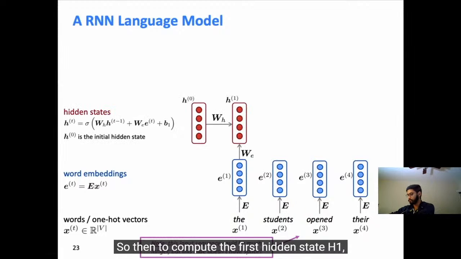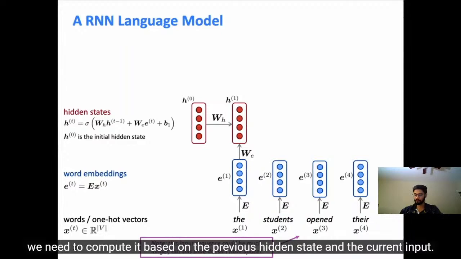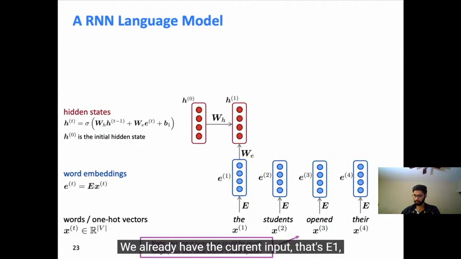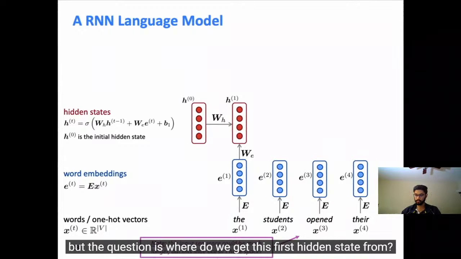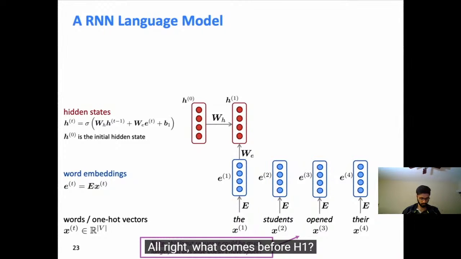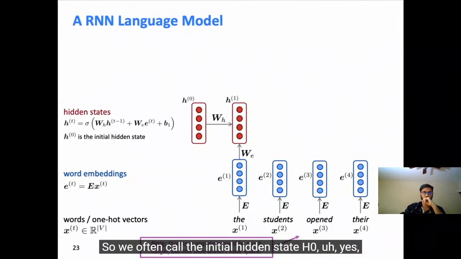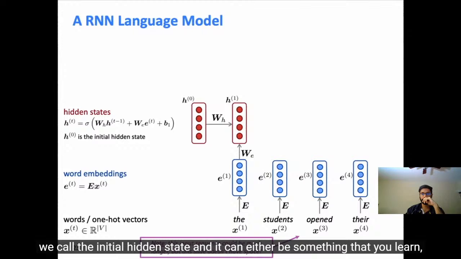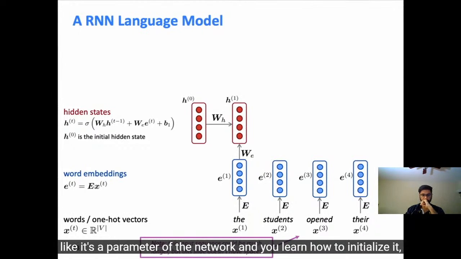So then to compute the first hidden state, H1, we need to compute it based on the previous hidden state and the current input. We already have the current input, that's E1, but the question is, where do we get this first hidden state from, right? What comes before H1? So we often call the initial hidden state H0. We call it the initial hidden state, and it can either be something that you learn, like it's a parameter of the network and you learn how to initialize it, or you can assume something like maybe it's the 0